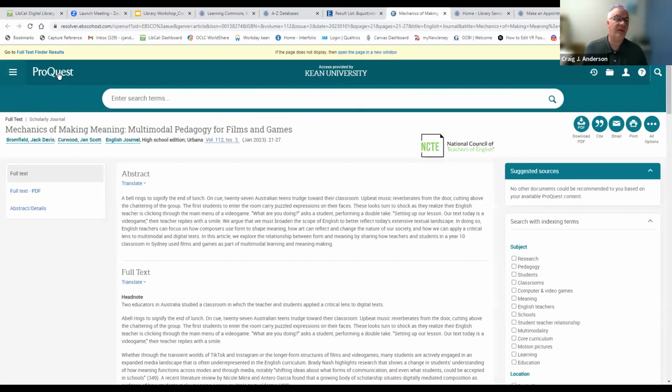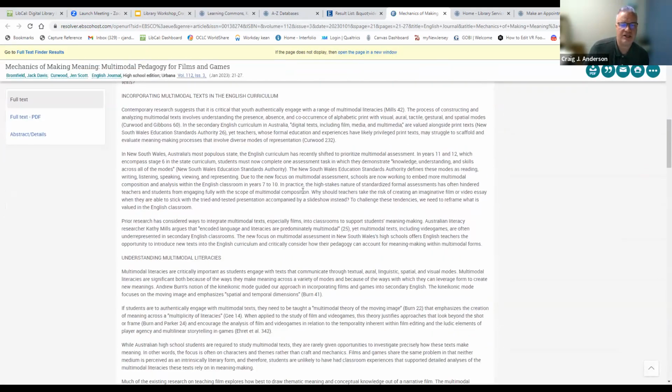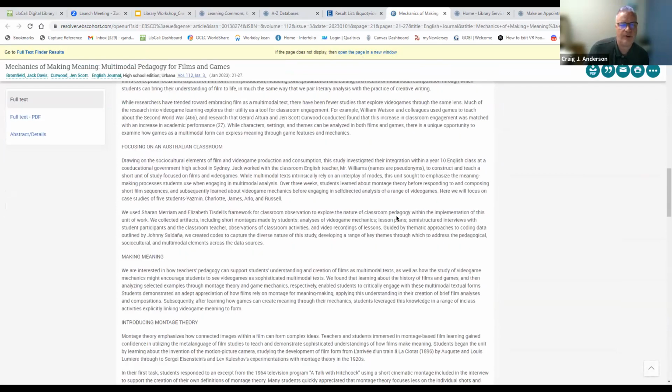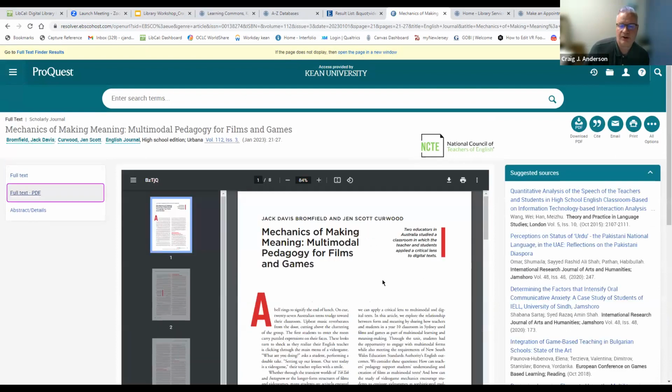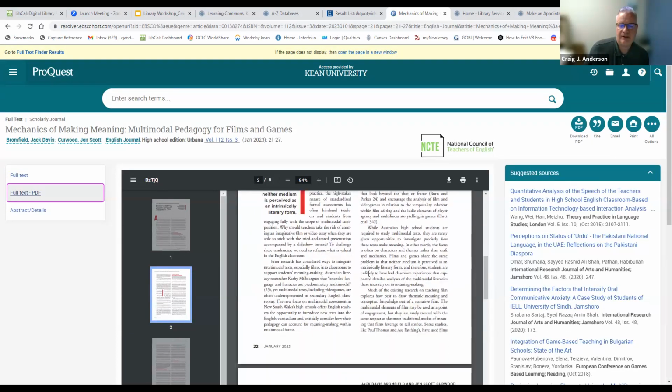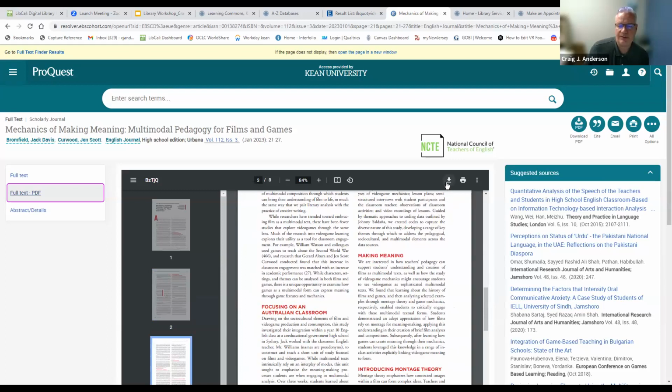This took us directly to the ProQuest database, which again, I said is the second biggest database. And it looks like it has the full text here, again, just as an HTML. This is all of the words that were in that article. But along the side here, we can see this one also has the full text PDF. So we can go there and there's the PDF of the article. And then we can download that or print it out or whatever.